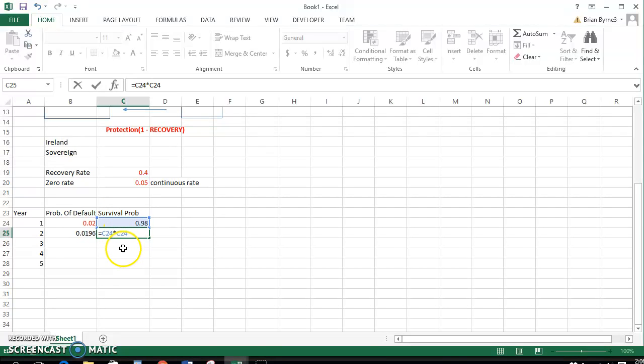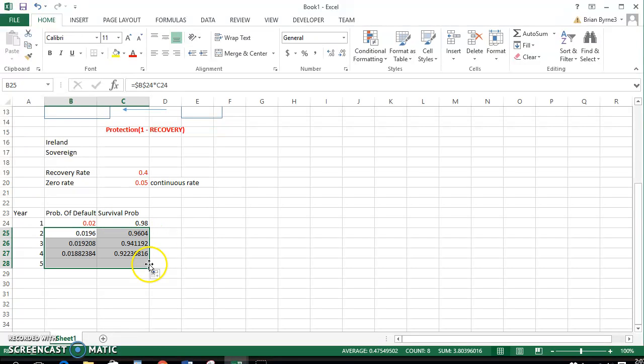So F4, 98% probability of surviving, but to survive year 2 you would have had to survive year 1. And then we can pull both of these down together to look at the evolution of survival